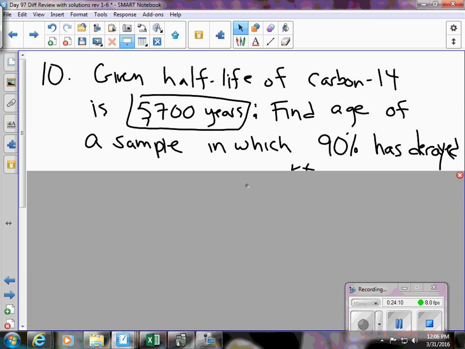This is fun though. Given the half-life of carbon-14 is 5,700 years. So it takes 5,700 years to wind up with half what you started with. Yeah, see, this would be the easy way to get K. Just like all the other exponential growth or decay problems, you've got to find K first, okay, before you can do anything else, before we can answer the question. Now, if they're telling us this is the time it takes for the quantity to halve, you can either know the formula for half-life, or